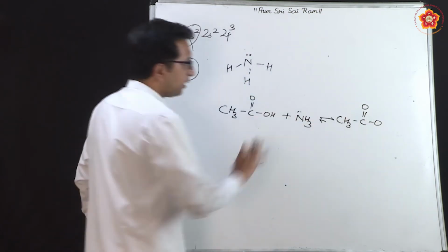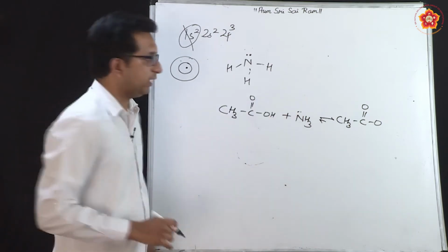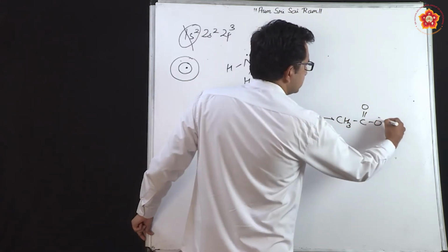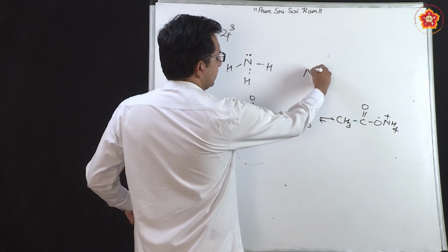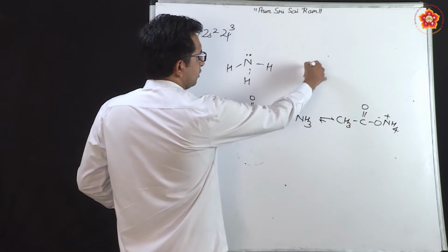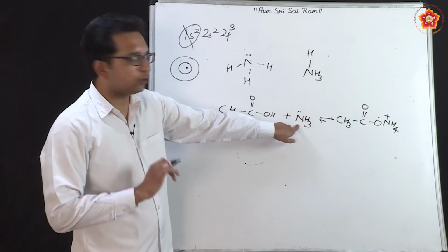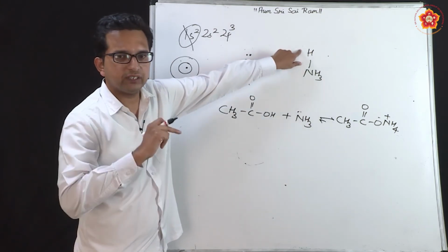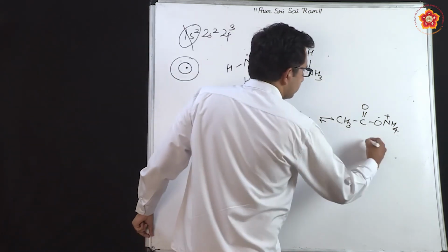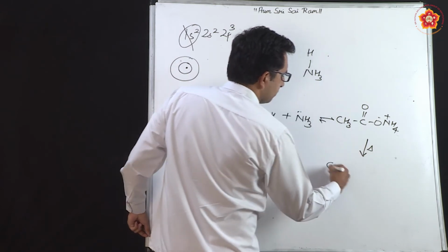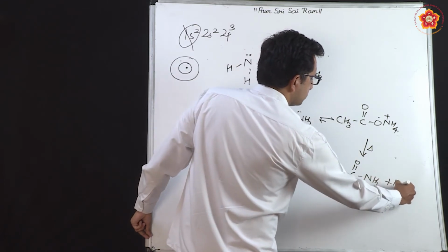COO. Now, in this part, the other hydrogen is combining with the NH3 because it is giving a lone pair of electrons, giving CH3COO minus NH4 plus. How did this happen? NH3 has a lone pair of electrons, and that lone pair went and combined with hydrogen. Both the lone pairs were exclusively with nitrogen, now it is shared with hydrogen. Where did you get this hydrogen? You got it from here as H plus. Therefore, it holds a positive charge, and when you heat this, you will be able to remove water, and thereby get the corresponding amide.